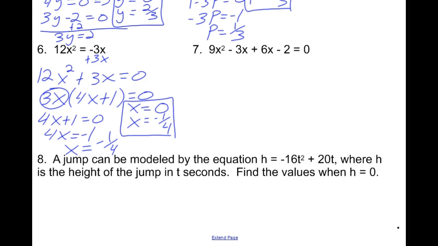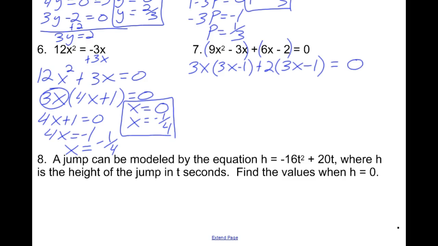Now on number 7, you are going to have to remember that you're going to group it because there's 4 of them. You're going to do some grouping and then factor. So now my first two terms, I can factor out a 3x. So 3x, and then that will leave me with a 3x minus 1. Bet you didn't think I was going to catch that mistake. And then the other one, I factor out a 2, and that would give me 3x minus 1 as well,